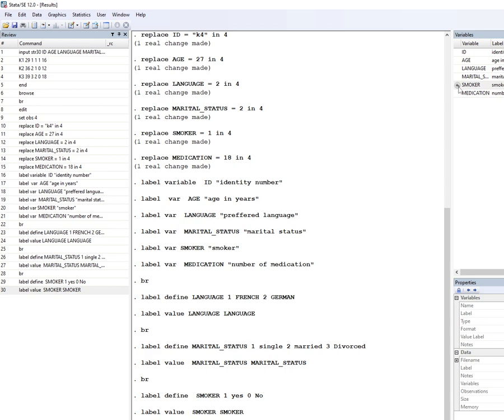Now let's talk about do files and how you can be able to share your codes. So if you go to this window, there's a window, just point at,